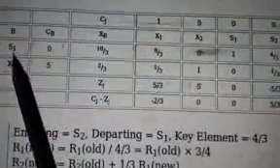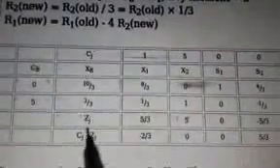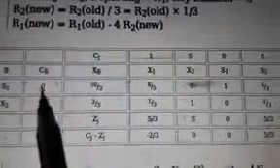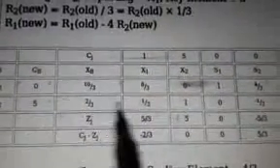Now S1 and X2 are entering, so that is CB 0 5. Now this is divided by 3. This is 10 by 3. This is 8 by 3 according to the logic. That is 0, 1, 4 by 3. Similarly, this is minus 4 by 3. This value comes as 2 by 3, 1 by 3, 1, 0, minus 1 by 3, 1 by 3. So now Zj is equal to this into this, 5 into that, 5 by 3.